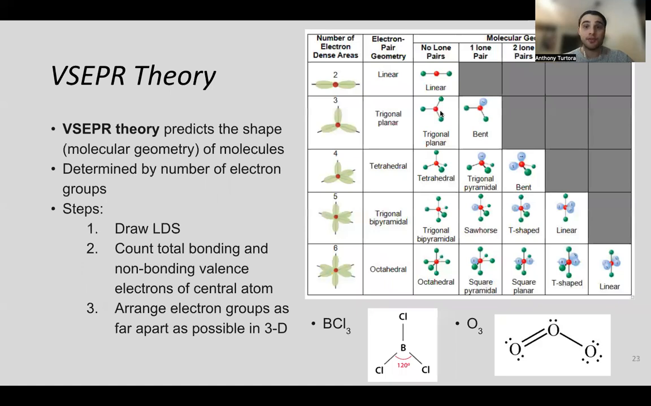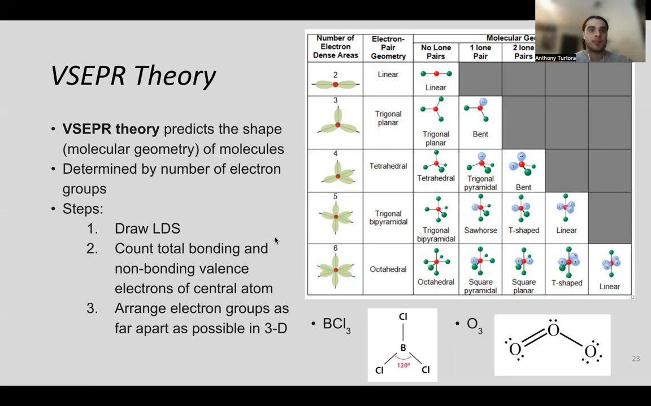All right, so VSEPR theory. This is how we are predicting the shape or the molecular geometry of molecules. This is determined by the number of electron groups. Electron groups are the atoms that are surrounding the central atom. The green dots here are the electron groups. When we look at molecules like this, it's the chlorines around here and the 2 oxygens around this oxygen